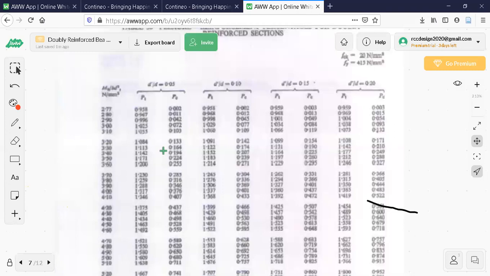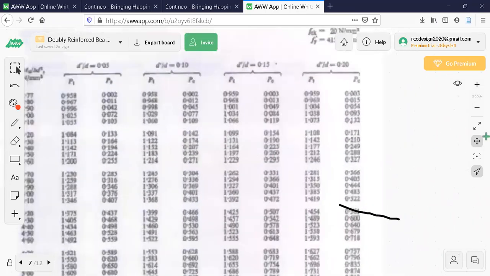If you know how to use those SP16 tables, you can attempt all the questions in the examination. You have to use SP16. Otherwise, you end up solving 4 problems. 5 modules are there. Even if you know all the answers, you will not be able to finish in 3 hours if you don't know how to use SP16.